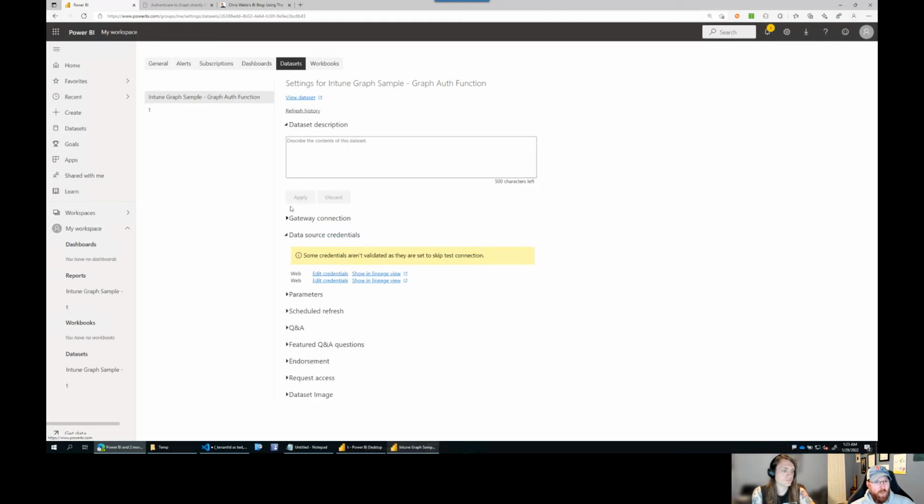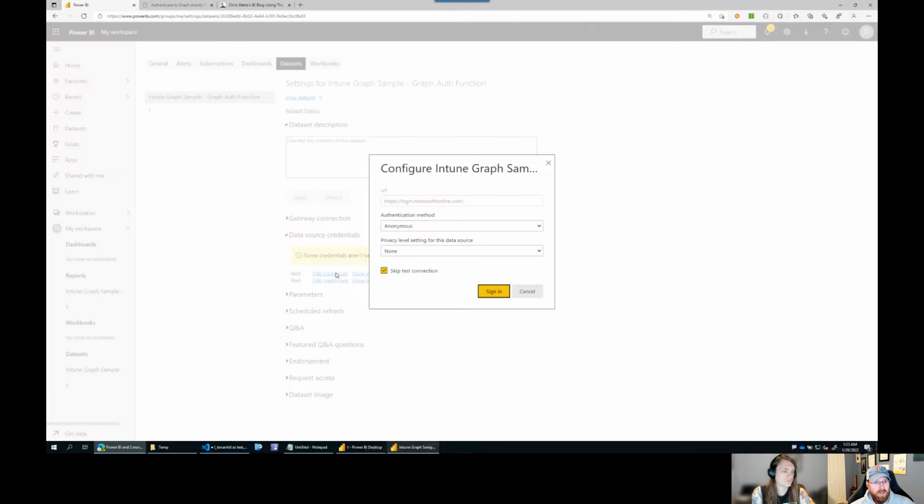But essentially, if you're going to do a web query and you need to query across multiple sources, and in the case of Graph, you always will,